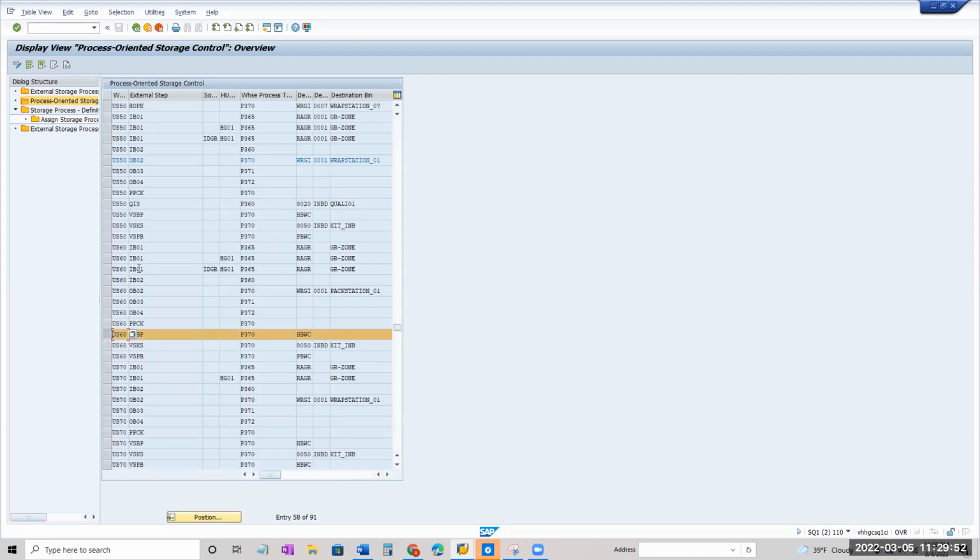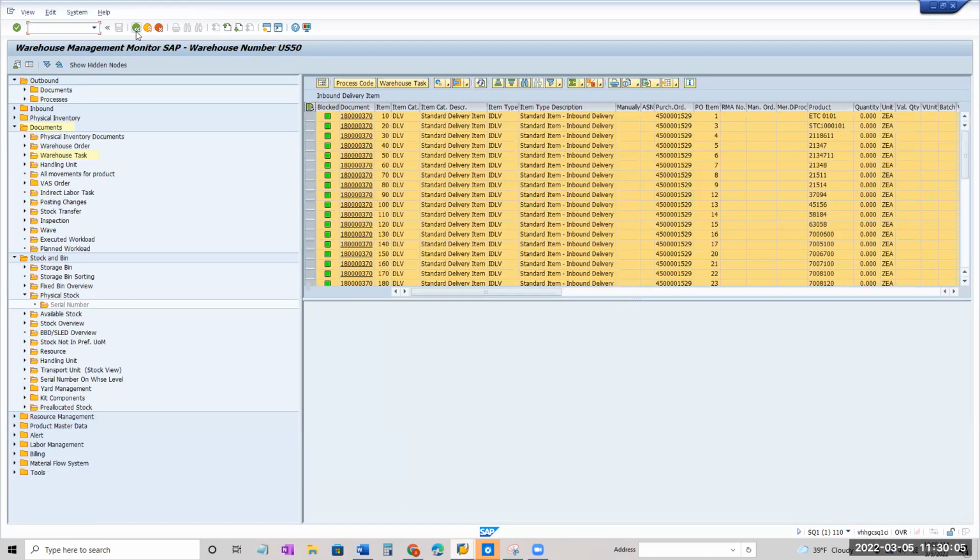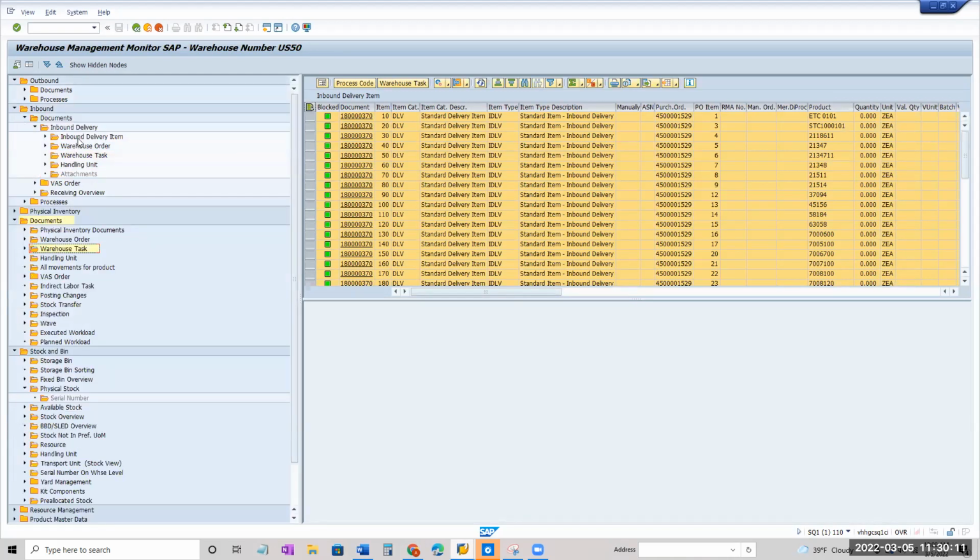But in this case, for outbound delivery, it has to propose, right? It should propose. If it is not proposing, maybe something is wrong with the material or the configuration. Maybe the activity area is not properly maintained or the SEBA transaction is not properly maintained. There are multiple reasons.